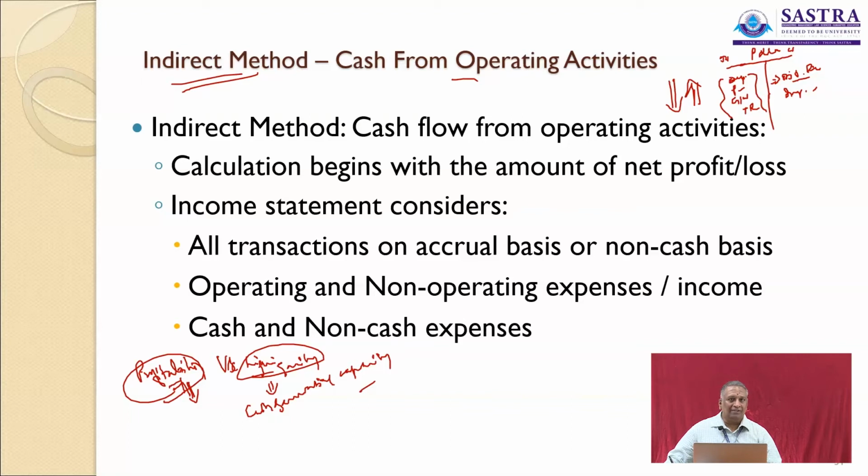If a firm could generate more cash, let us imagine there is no credit sales at all. In that case, everything is cash. Obviously, the profit being calculated will be more or less the same when there are no outstandings and no unearned income. Let us imagine all expenses are paid. There are no prepaid expenses. In that case, the answer arrived at through your cash flow statement may go along with the income statement. But in reality,